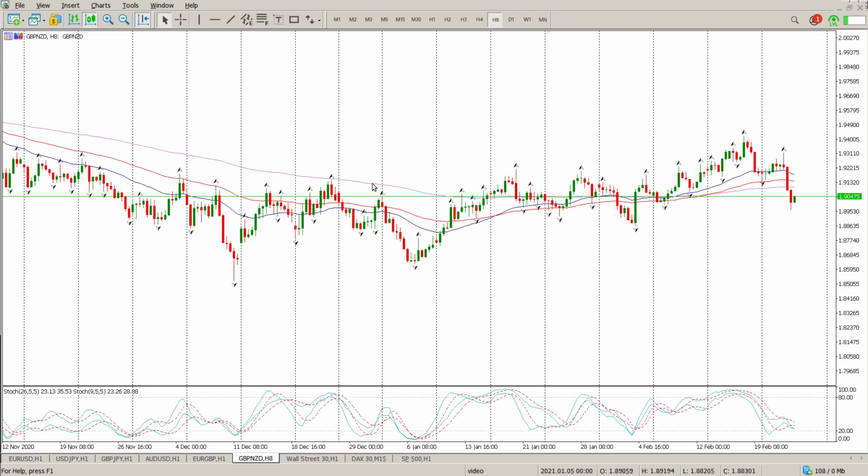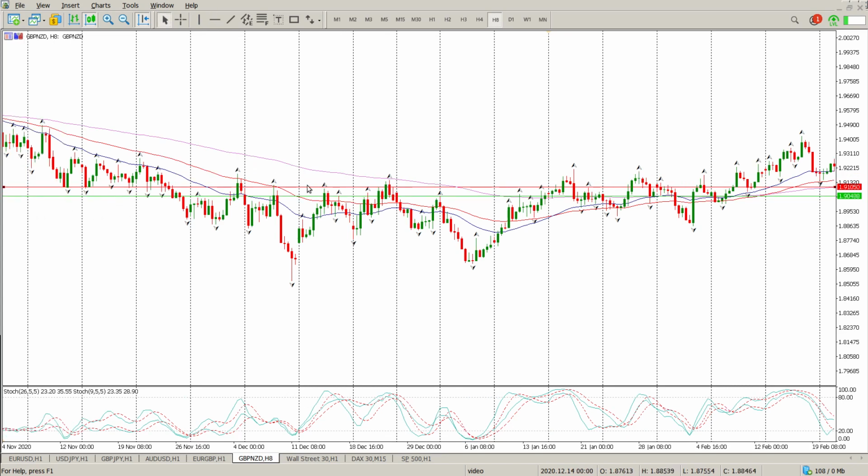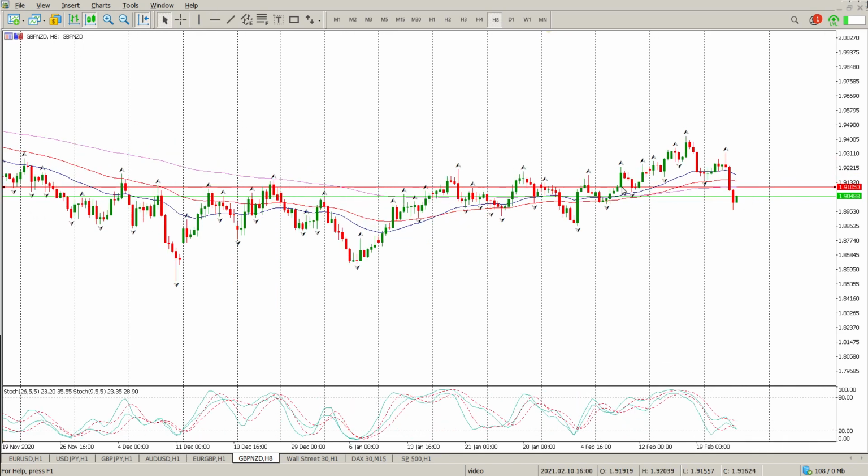decent break of structure, and the big break of structure was in that area there. You can see it was support and then been resistance for so long. We tested it there and pretty much broke away. Now we're back below that structure. So probably what we're looking for is to stay inside this bigger channel. So if we come to the hour,